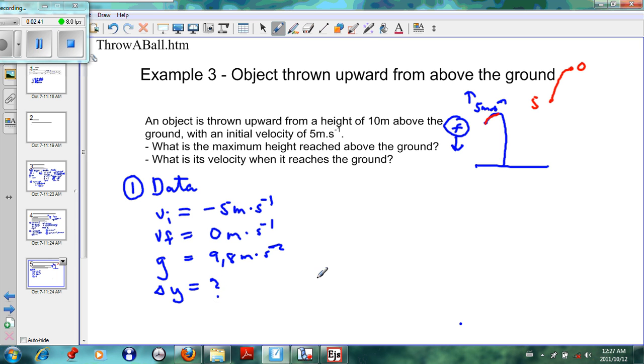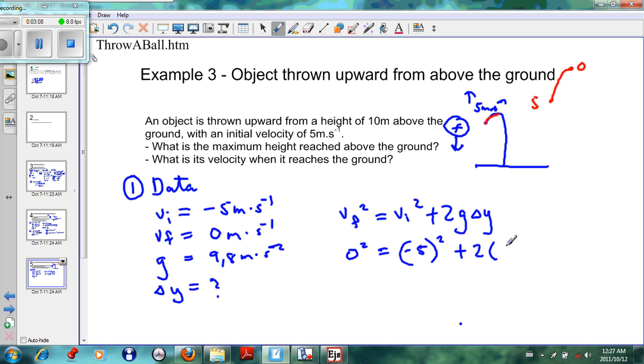So if you work this out, we'll see that we have vf squared equals vi squared plus 2g delta y. So your final velocity is 0 squared, and your initial velocity is minus 5 all squared, plus 2, and your gravity is plus 9,8, and your delta y is what we want